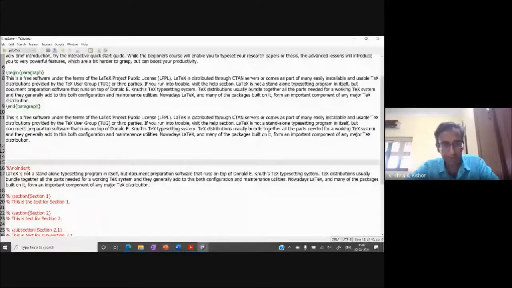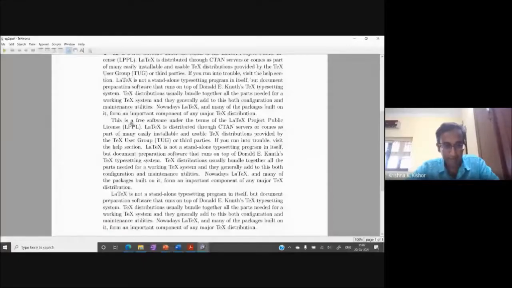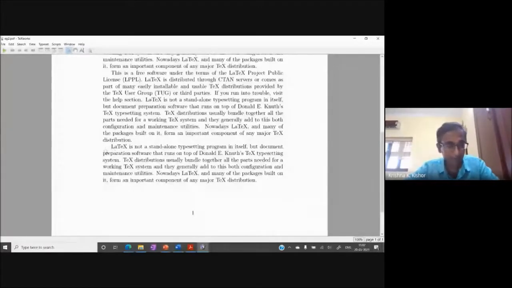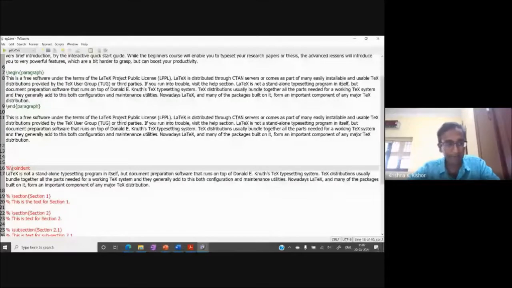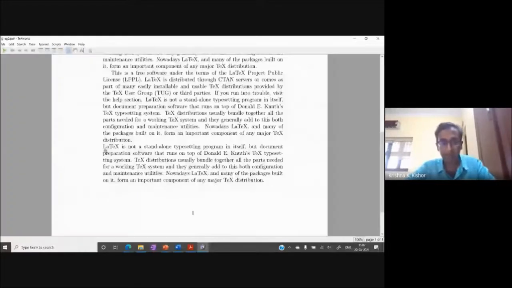So we are over here. I have the first paragraph, second paragraph, the third paragraph, and the fourth paragraph over here. So this is our fourth paragraph, and you see this space over here. Some people do not like it. One way to remove it is through this. Before the paragraph starts, you use this command called no indent, and then I compile it. That indent goes away. So it's a new paragraph, but without that indent. So that's about the no indent command.